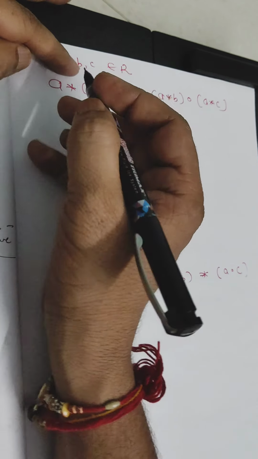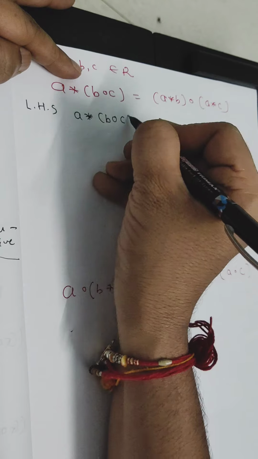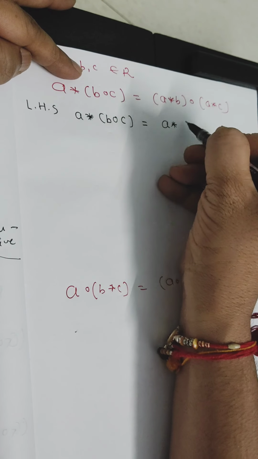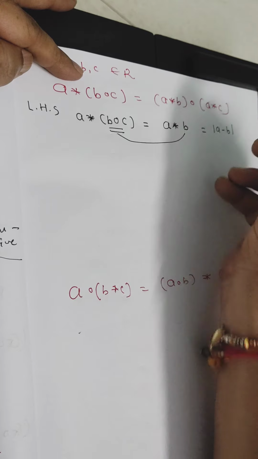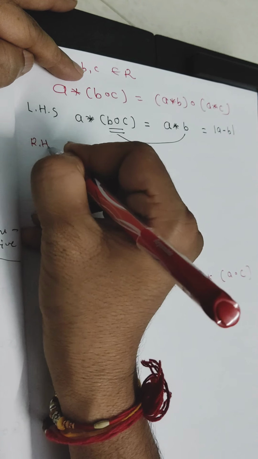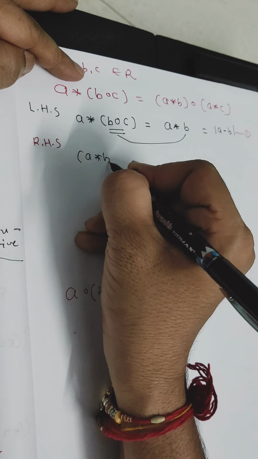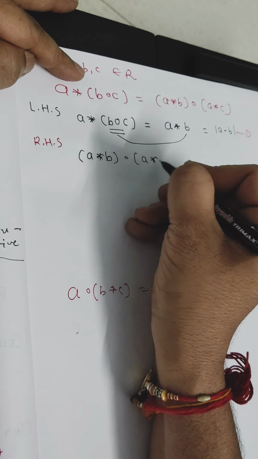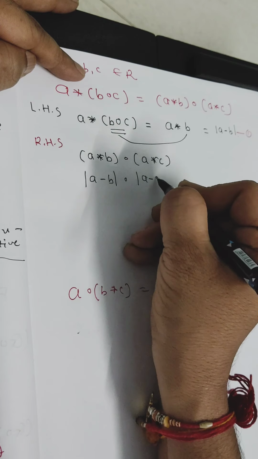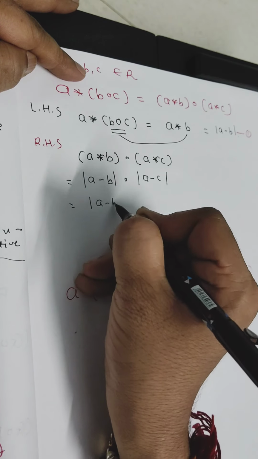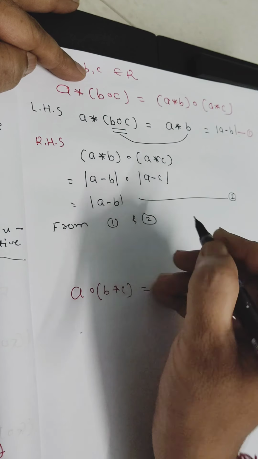So what I am going to do, if I take LHS, then A binary operation B, because this is equal to this, and final answer is A minus B. Now for RHS, A, B, A, C. So here is A minus B, A minus C. So final answer is A minus B. So from 1 and 2,